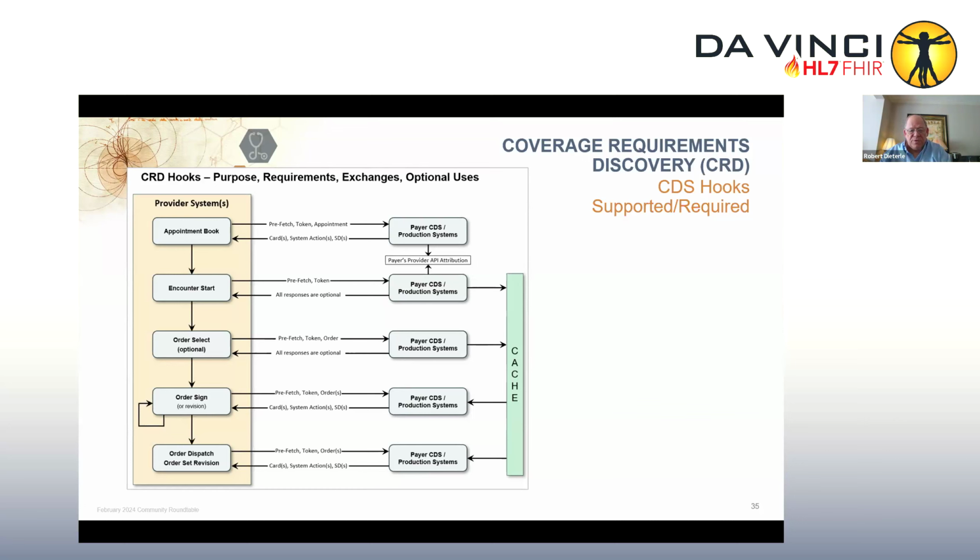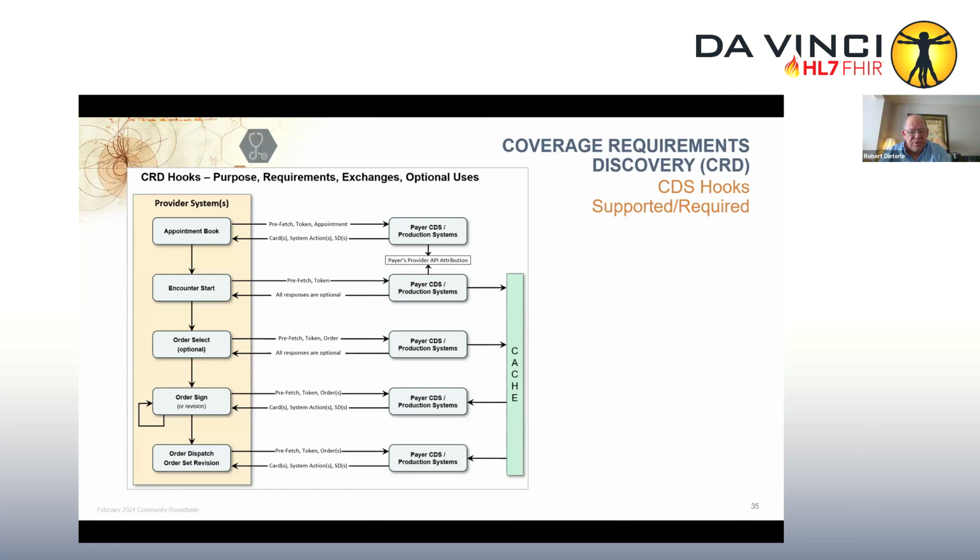We do it at encounter start. The same thing can be true. You've walked into an emergency room. You now have a new treatment relationship with the emergency room and the emergency room doctor. Okay, how do we tell the payer that so that the emergency room can request data? Well, we do the same thing here. It can be used to update the attribution list. Again, at the payer's discretion, because they may have certain restrictions on who can see